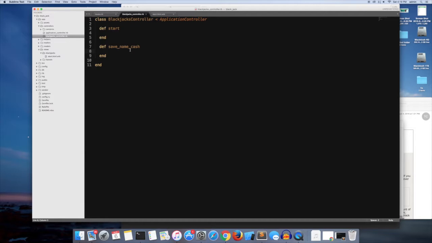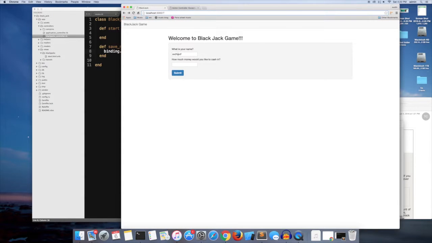So I'll show you that by typing in binding.pry, and this is a tool you can use on Rails. It's so that you can see what's going on in your program at that exact spot. So when we run all these actions from the starting page of writing our name, how much money you would like to cash in, and